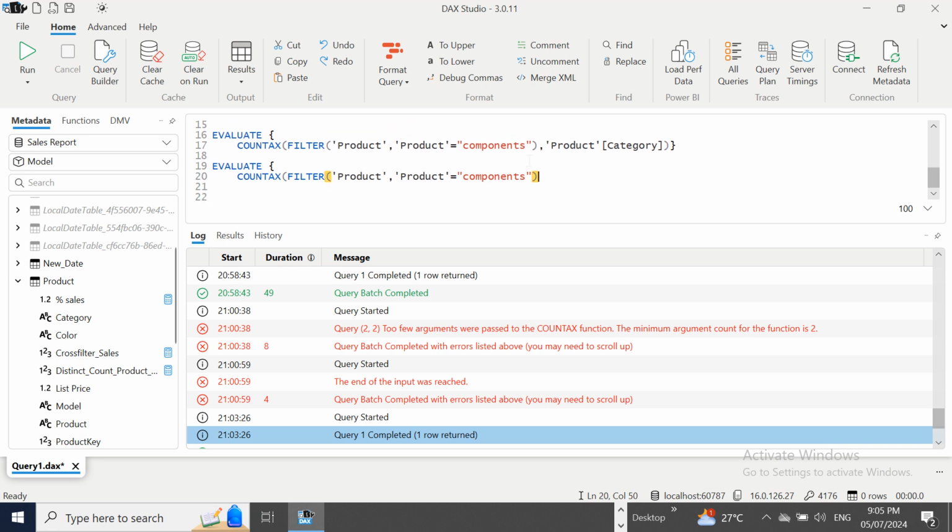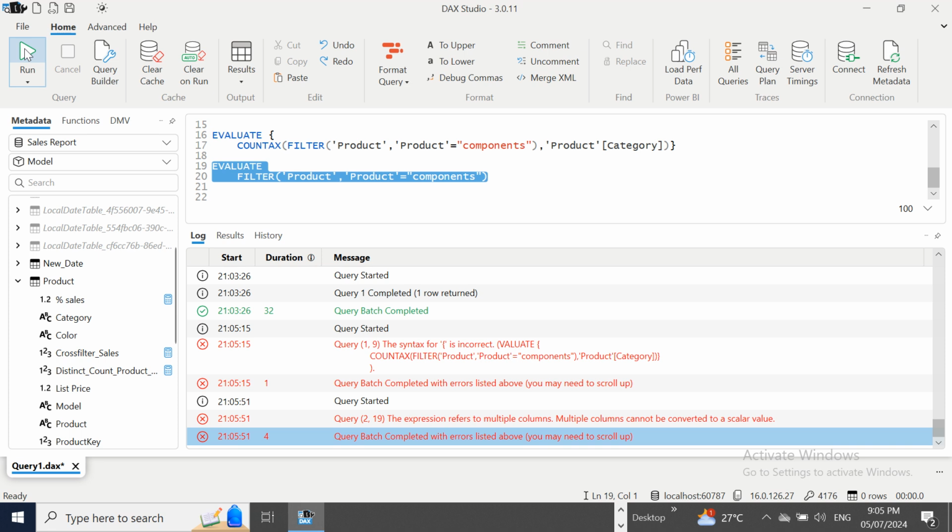Okay, I have this filter this table, evaluate count. Let me start with this filter product category. This now evaluate, evaluate filter product. Something is missing. This is what is missing. Okay,